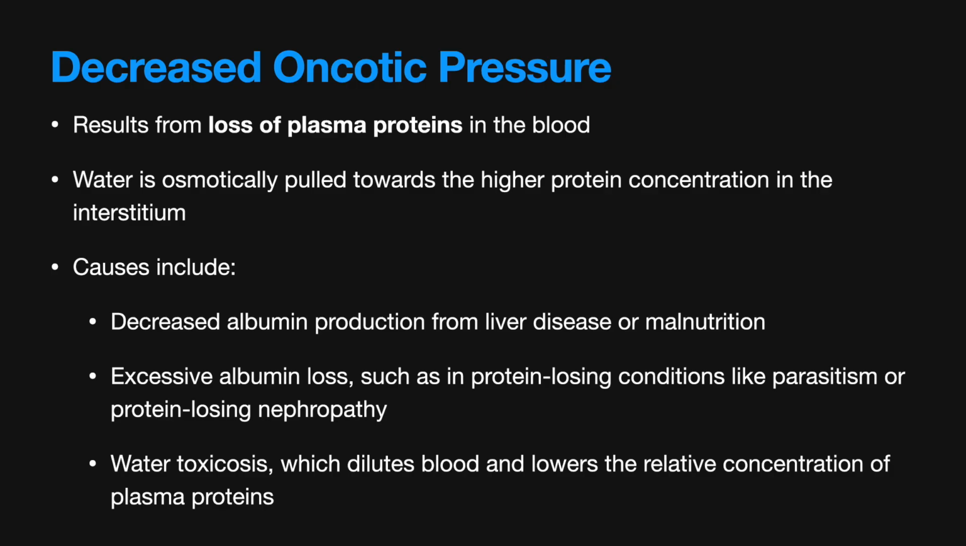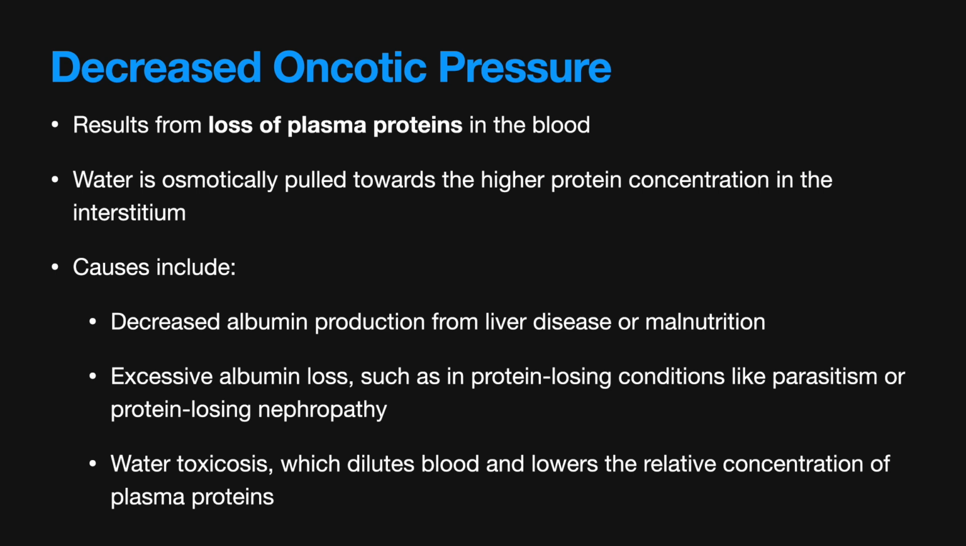Next, we have decreased oncotic pressure. So this results from loss of plasma proteins in the blood, resulting in a higher relative concentration of interstitial proteins. This is going to pull more water osmotically towards the interstitium as it attempts to dilute out that higher protein concentration. Potential causes include decreased albumin production from liver disease or malnutrition, or conditions resulting in excessive albumin loss, such as